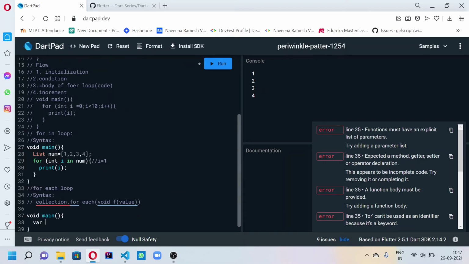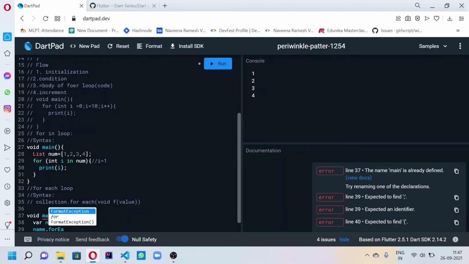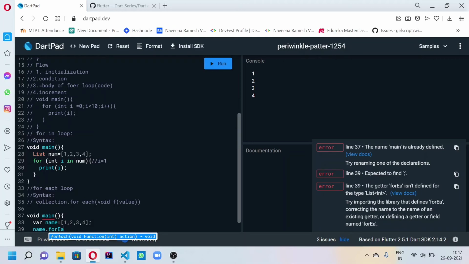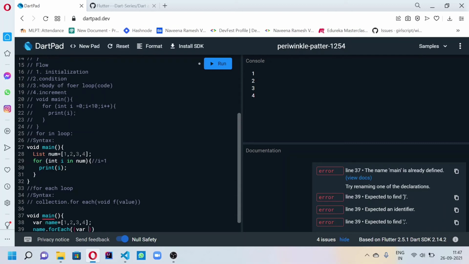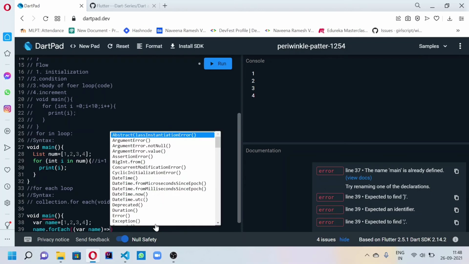Let's create a variable. See, in this case, name dot for each. Dartpad already gives us the syntax also. For each, what we have to do here is check where name is equal to or greater than, let us check for 5.